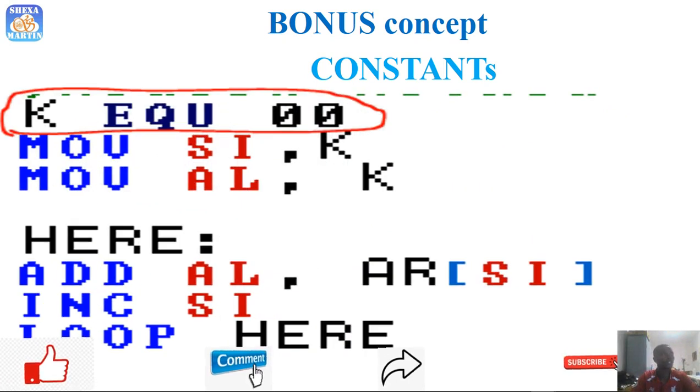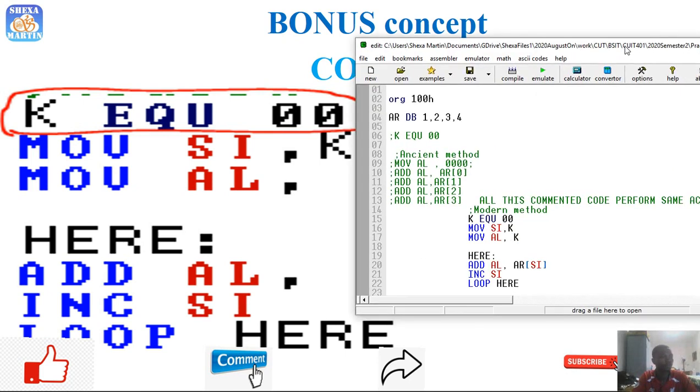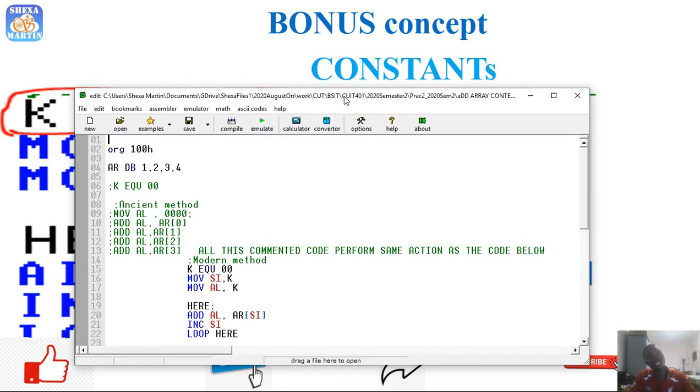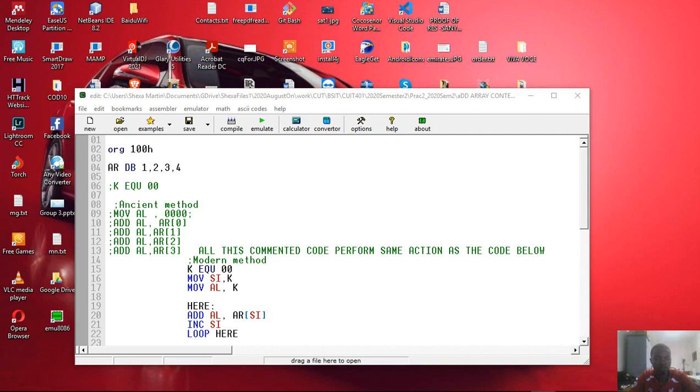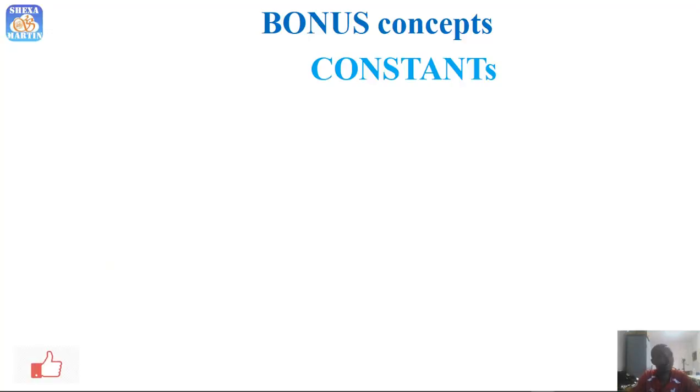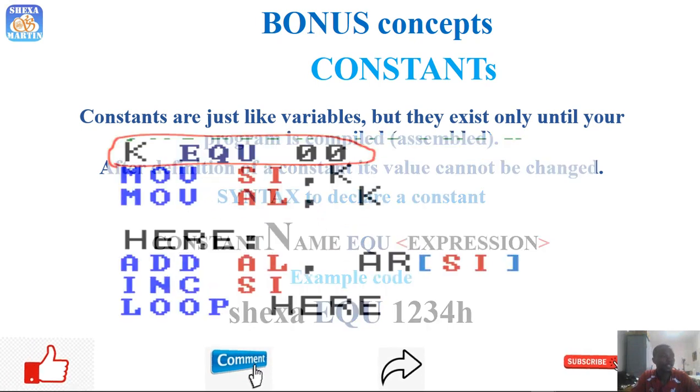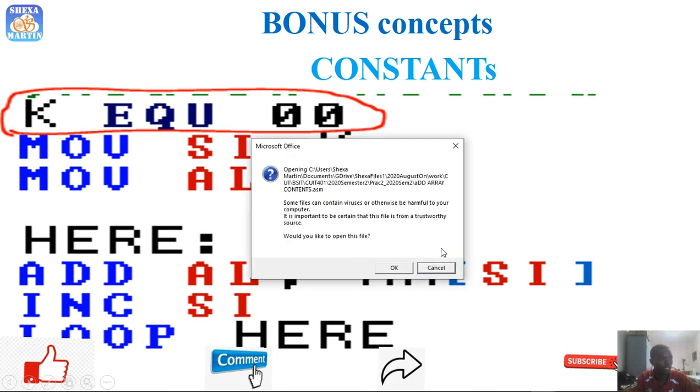Let's look at this code example. Here we have k, which is equal to 00, and then we have move SI. We move k's value into SI. That is, we are moving 00 into SI, and we move 00 again into AL. So that's it. If we click there, right, so this is it. These are bonus concepts, because we are going to talk about some concepts that I think are important for you, since I gave you a takeaway earlier, right? So if we execute that and run it,